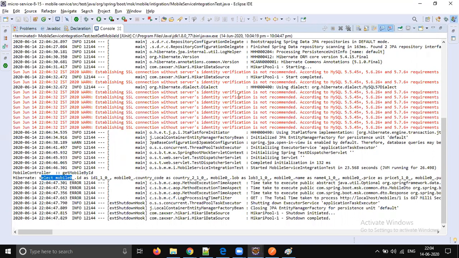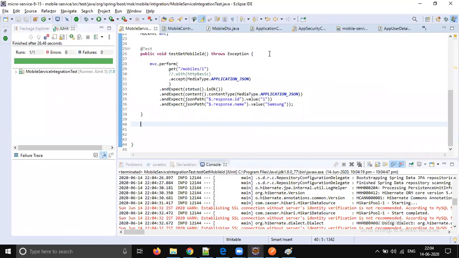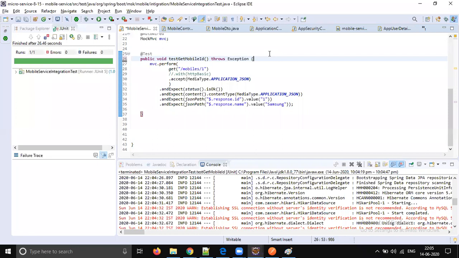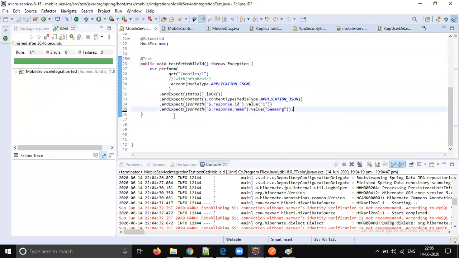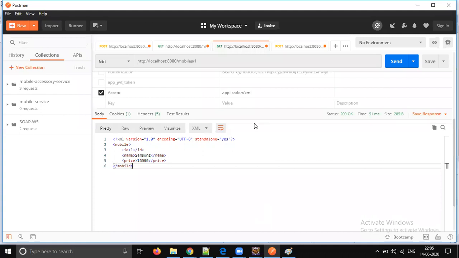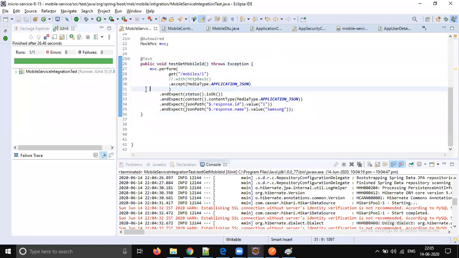It's really such a beautiful feature, right? So automatically starting the server, sending the request, getting the response, and validating the response. If it is a manual process, we should have been going to Postman and hitting and verifying each and every parameter, right? So instead of doing that, you can do it here itself.